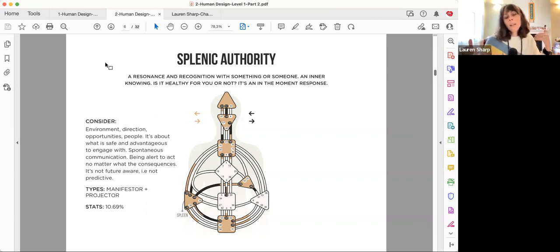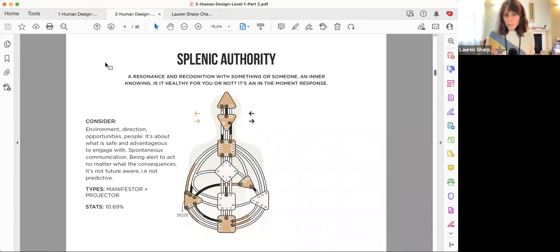It doesn't tell me in advance. It doesn't say, hey, this is what's going to happen. It's pretty much quite instant, and it requires me to make that decision. Also, in the moment of engaging with someone or meeting someone or walking into a place, within seconds, it comes to me, that's my answer, and then it goes away. So it's quite a tricky one because, for anyone who has this authority, you have to be really present in the moment to grab onto that.